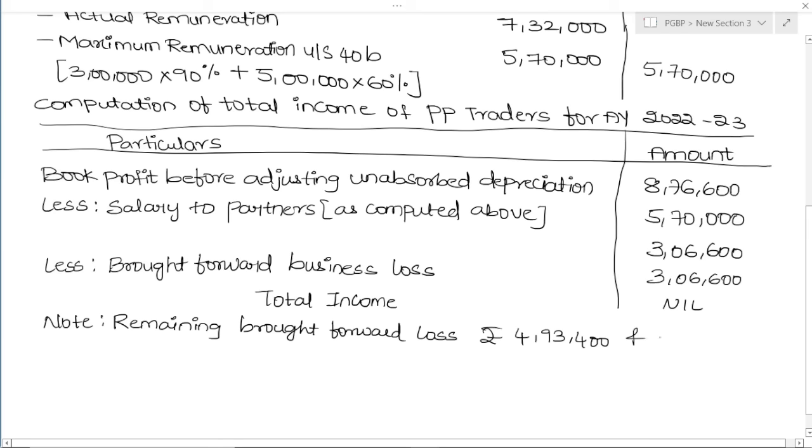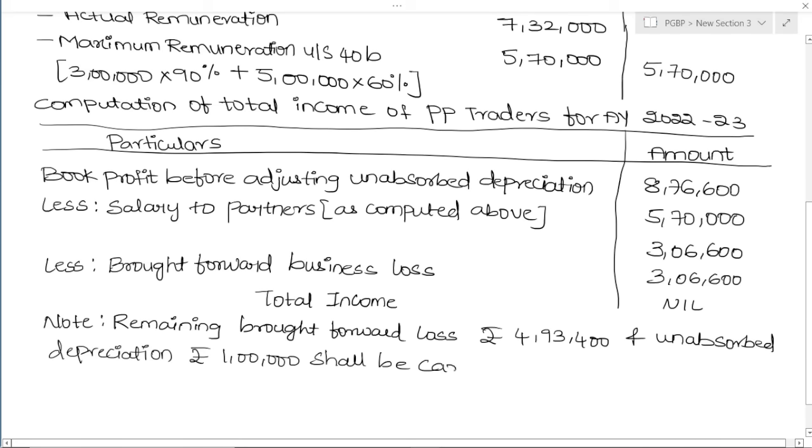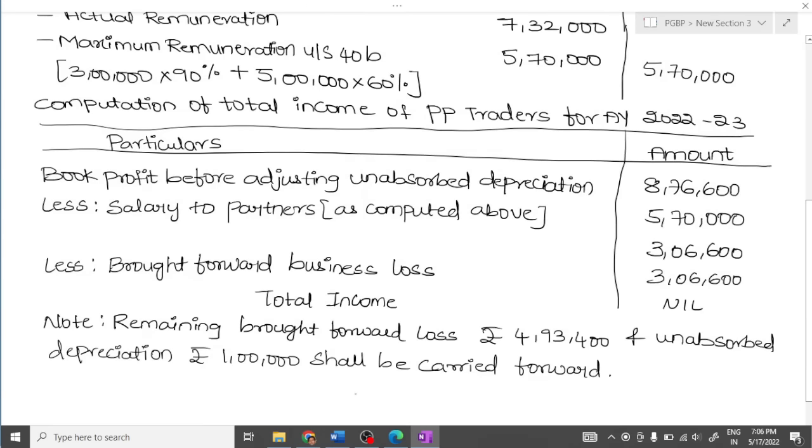and unabsorbed depreciation of rupees 1 lakh. In the old problem it was 50,000. This problem unabsorbed depreciation is 1 lakh. And unabsorbed depreciation 1 lakh shall be carried forward. Okay, in next years we'll adjust it. Shall be carried forward. Okay, so we completed the notes, we completed the problem. This is how assessment of